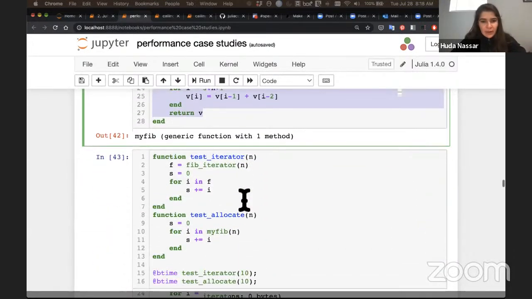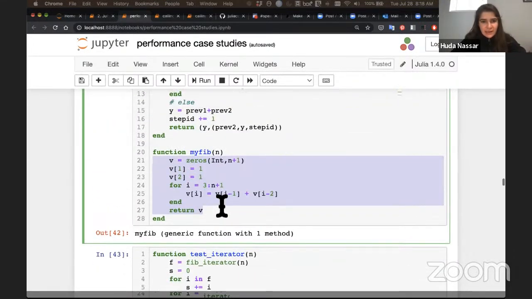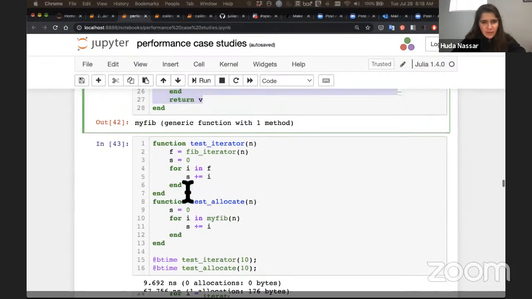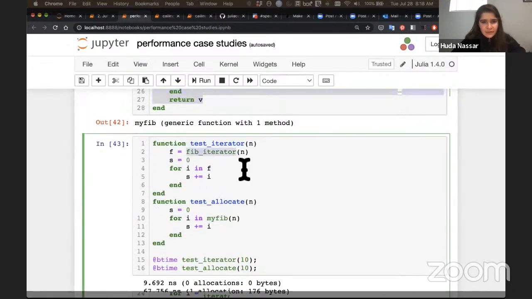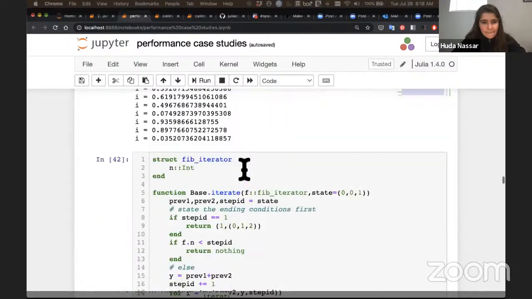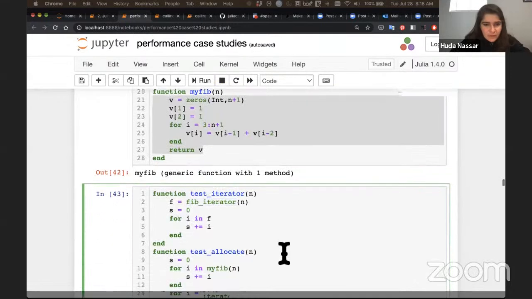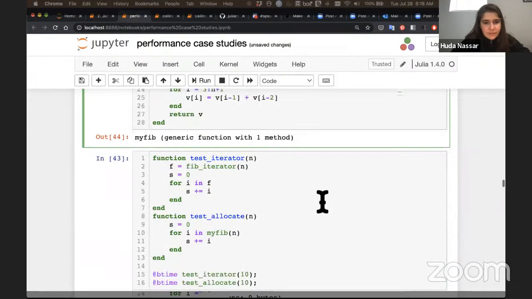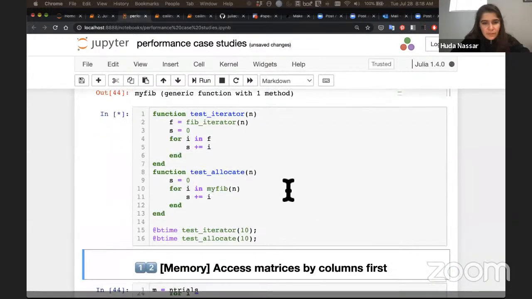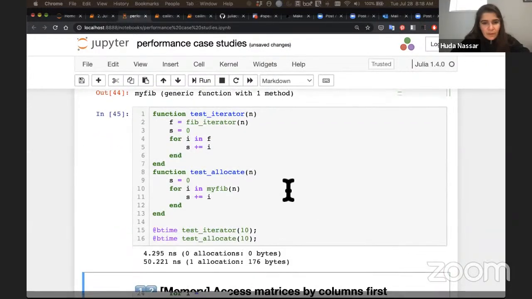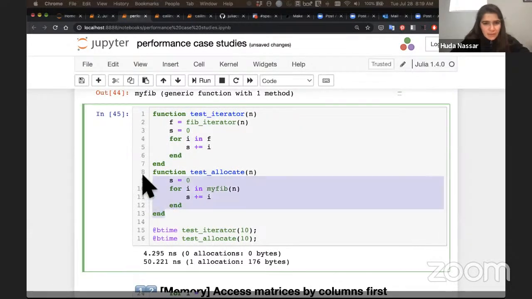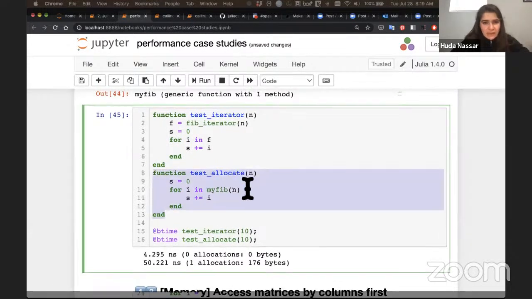Okay, so now we're actually going to test these two things. This is the fib iterator. Let's see what happens here. Okay, so here's the main difference. We have this test allocate. What test allocate does is